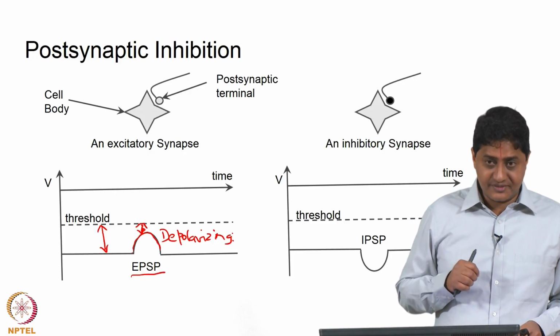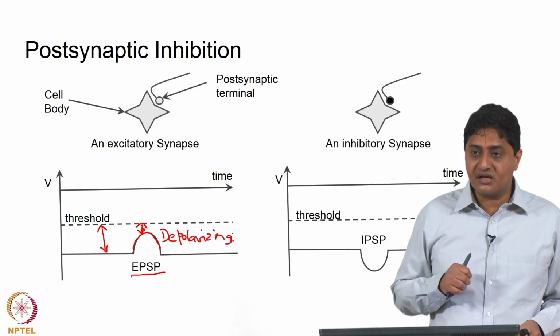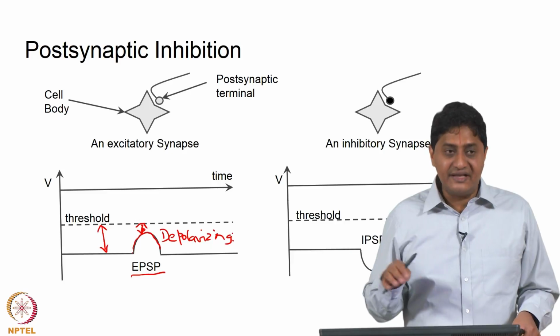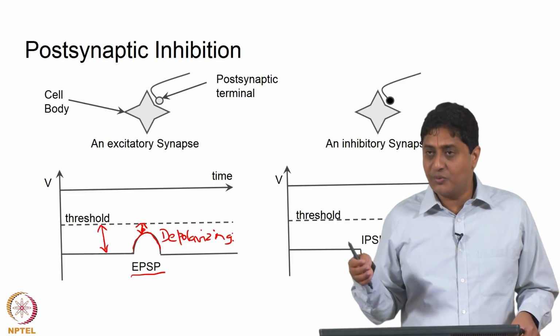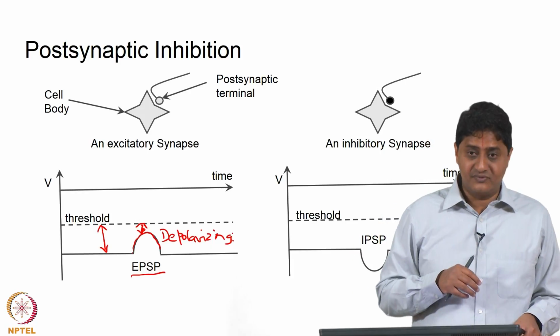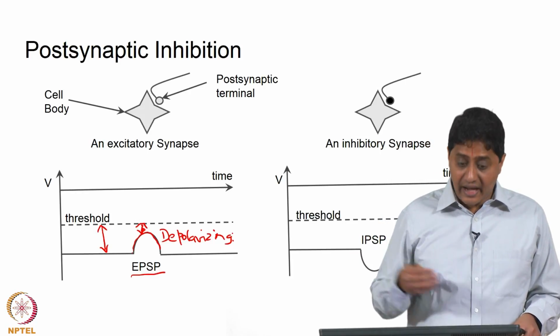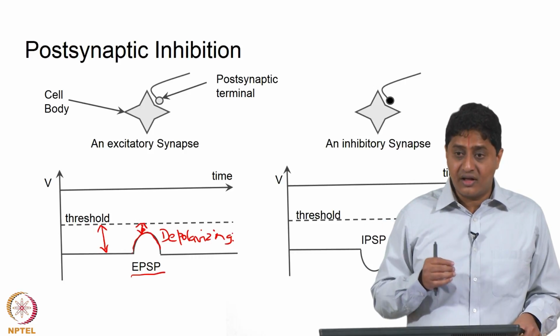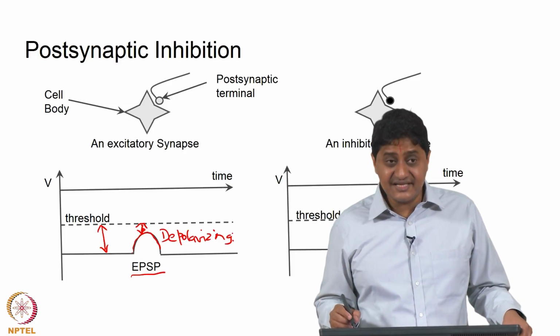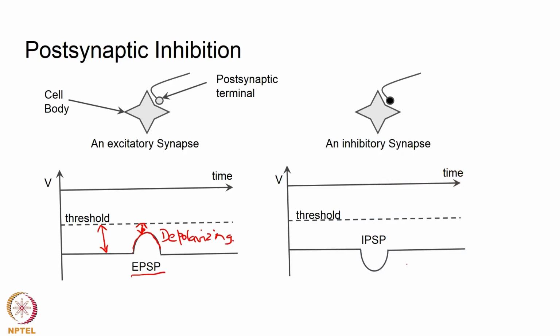If the opposite happens, or if cations leave the cell, when would this happen? For example, when potassium leaks from the cell, a potassium channel opens and a lot of potassium leaves the cell, or when chloride enters the cell. When either of these two happens, an anion enters the cell or a cation leaves the cell. So, an outward current is happening. This causes a hyperpolarization, is it not? This is called a hyperpolarization.